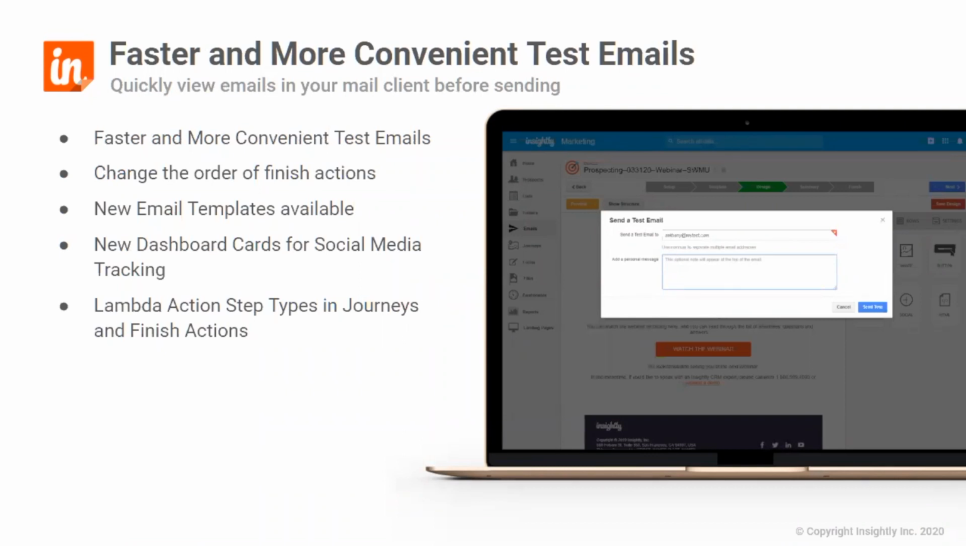So, faster test email sending. We've had world-class email authoring in Insightly marketing with our drag and drop email designer right from our beta release. We're enhancing that system based on user feedback with a new and much easier way to send test emails from your email account, so you can see what each email looks like in your email client of choice like Gmail, Outlook, or Apple Mail before you go ahead and send the email to hundreds or thousands or even millions of